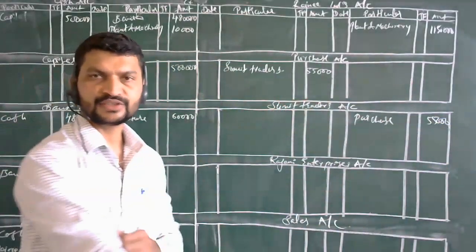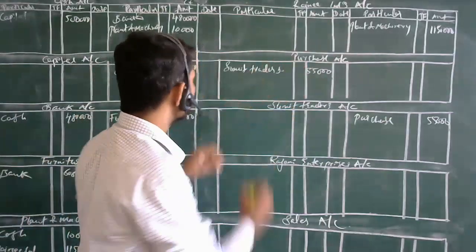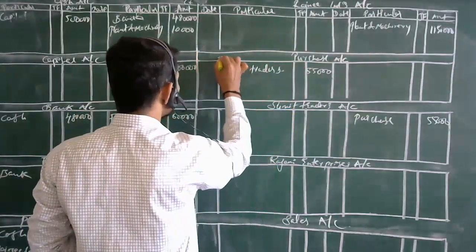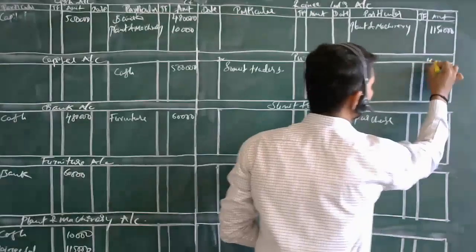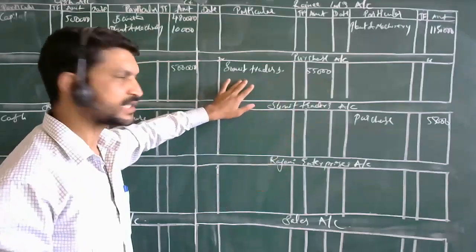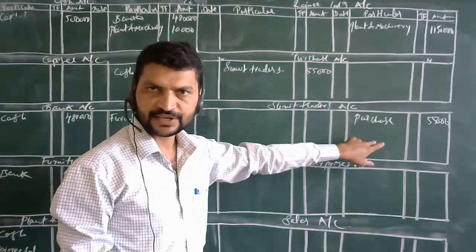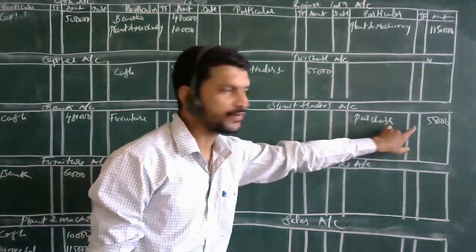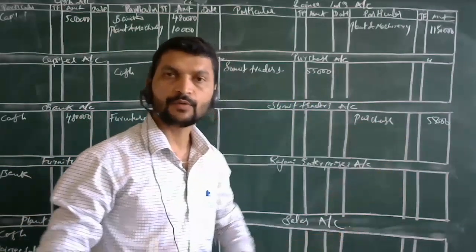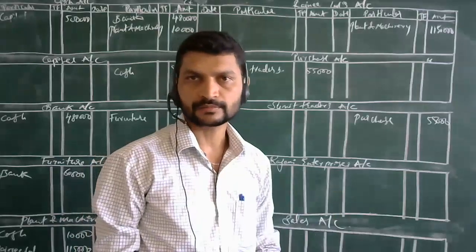Now what is the thing? What you have mentioned over here? In the purchase account, the debit side you have taken. This is the debit side. This is the credit side. As usual, purchase account is debited, debit side you have taken. And Sumit Traders account is credited, credit side you have taken. That is one thing. Now how to post these entries is the most important part.